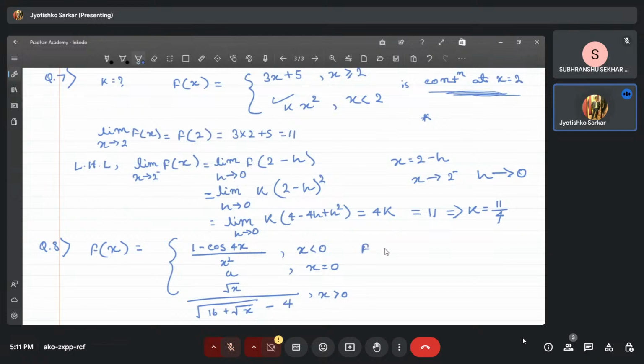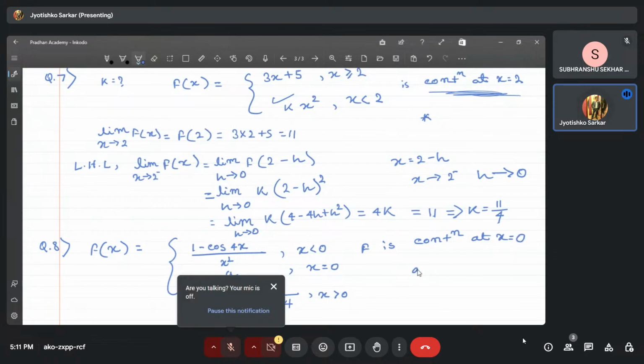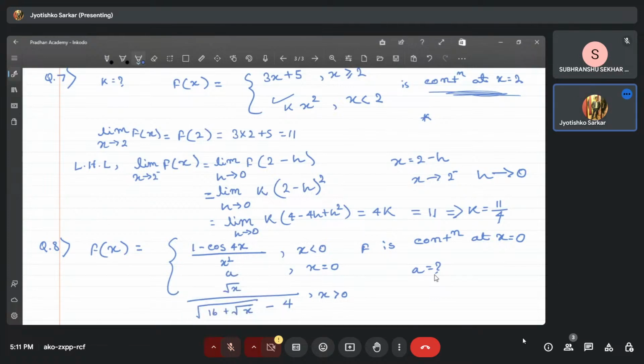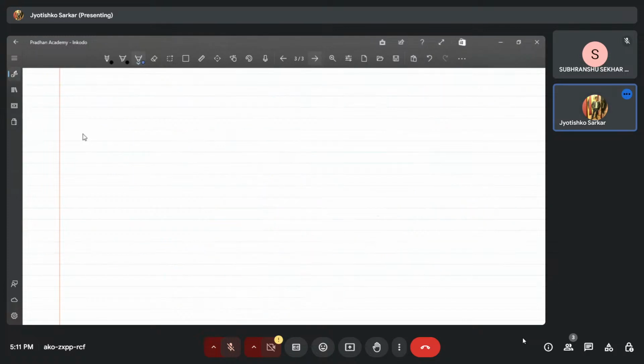Now f is continuous at x equals 0, we have to find a. From the chapter continuity we will face a similar kind of question actually. So now let's evaluate. It is given that the function is defined at 0, and the value is a. Now we have to calculate the left hand and right hand limit. So for the left hand limit,